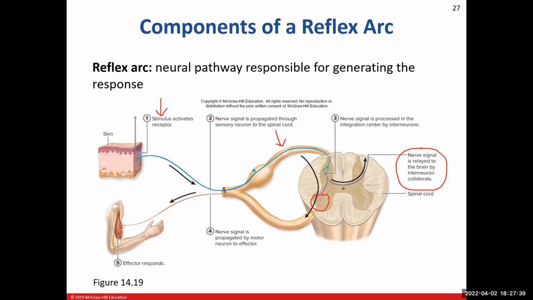And that motor neuron here is located in the anterior horn, which means if it's an anterior horn cell body location, then that's going to innervate skeletal muscle. So this will be a somatic reflex here. And so that somatic motor neuron is going to exit out of the anterior root or ventral root from the spinal cord. It'll meet back up in the spinal nerve. And then from the spinal nerve, it'll travel out to the nerve that's going to trigger the effector organ, in this case, skeletal muscle, to contract the muscle and respond to whatever that stimulus is.